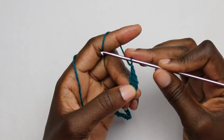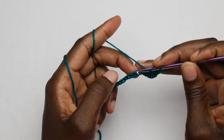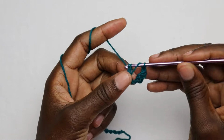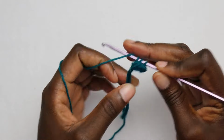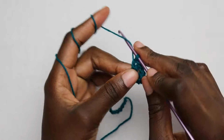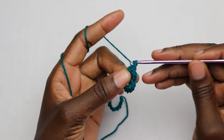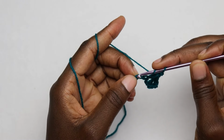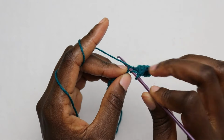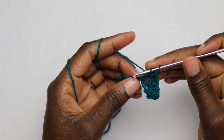Then chain 1, skip the next 2 chains, and in the 3rd chain you want to place 3 double crochets. So 1, 2 and 3. Chain 1, skip the next 2 chains, and in the 3rd chain work 3 double crochets. So we have 1, 2